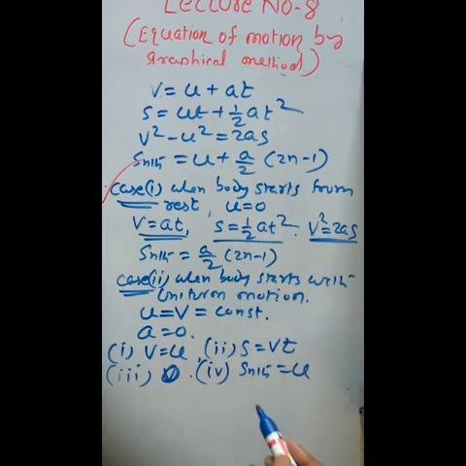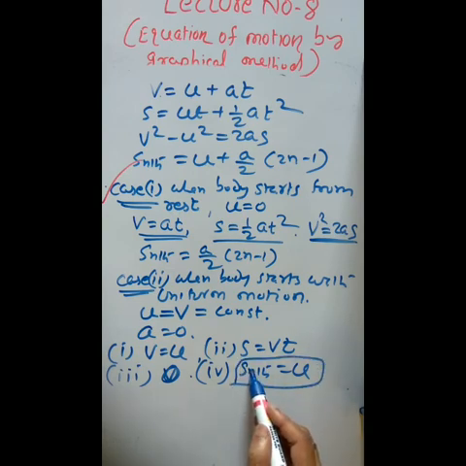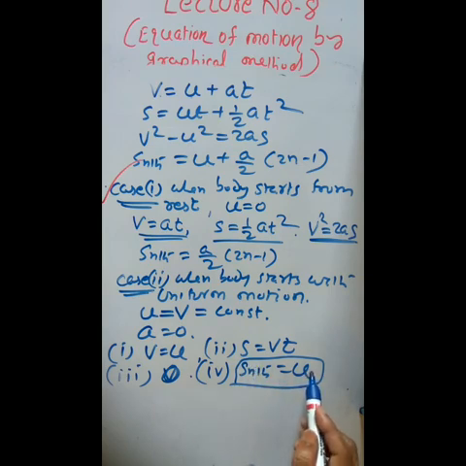This equation might be a little bit confusing because S represents distance in meters, while u represents velocity in meters per second. Actually, this equation is dimensionally correct, and it will be proved in class 11, where you will prove that the dimensional formula of Sn and of u are the same. Okay. So with this we will conclude this class. In the next class we will solve some problems on this. Okay. Thank you.